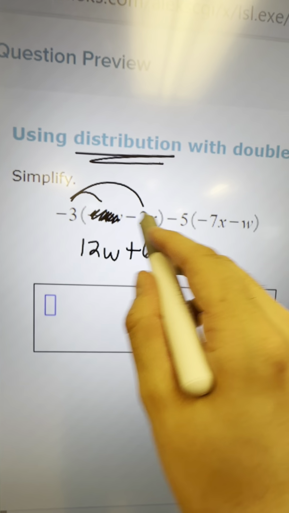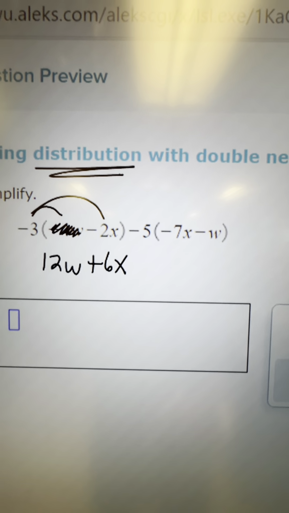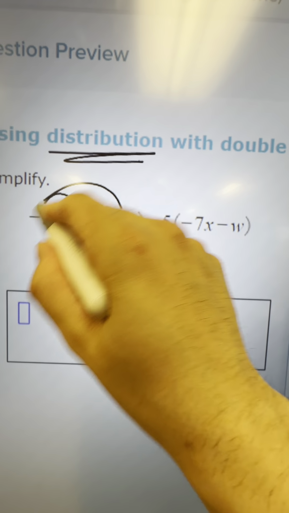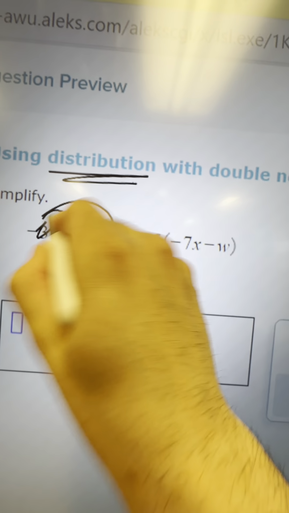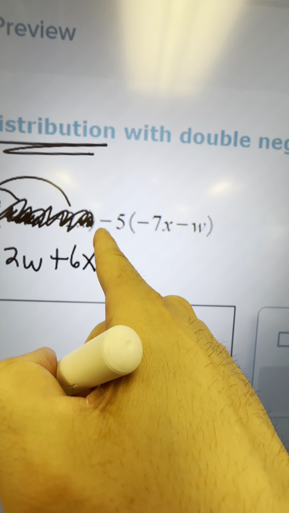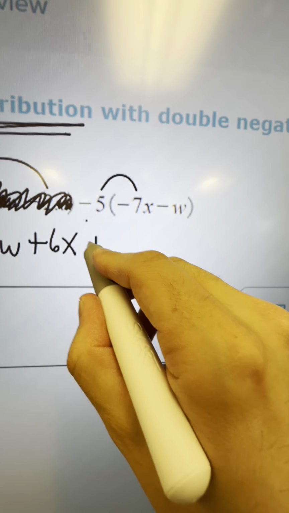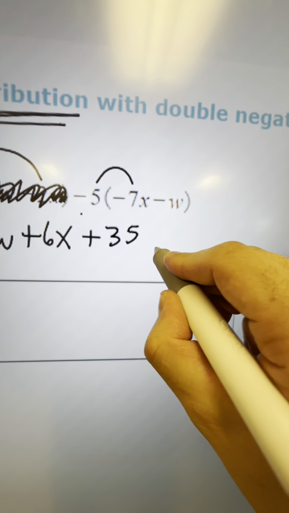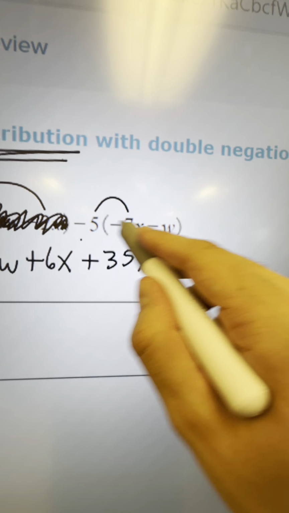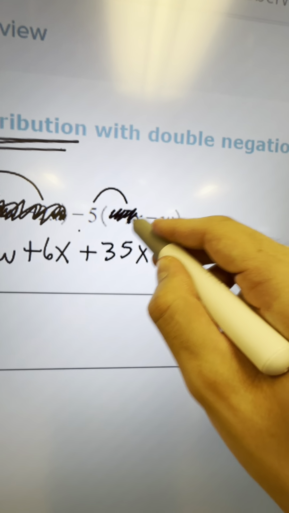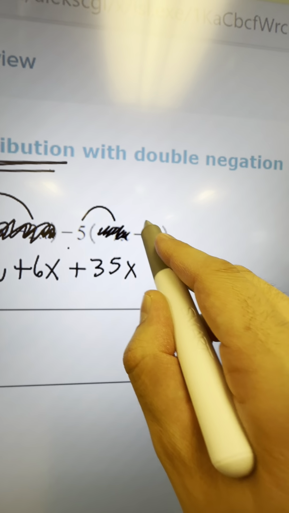So this distribution is taken care of in the first part. Now I move on to the next part. So you almost have to ignore this. All this here we just did, ignore that, and now we're distributing a negative 5. So negative 5 times negative 7 is positive 35x. And again, once you do that first distribution, if you ignore this, it's negative 5 times the negative w, which